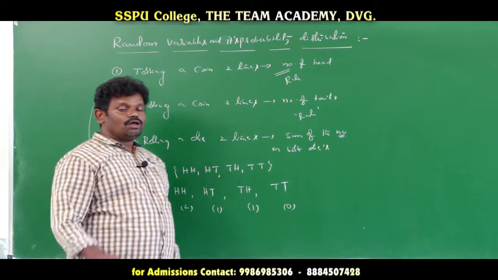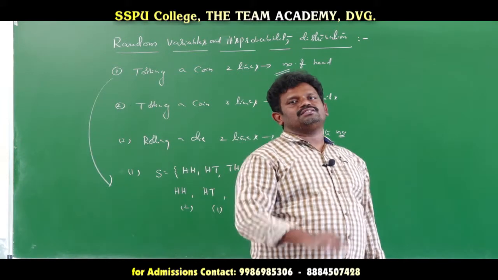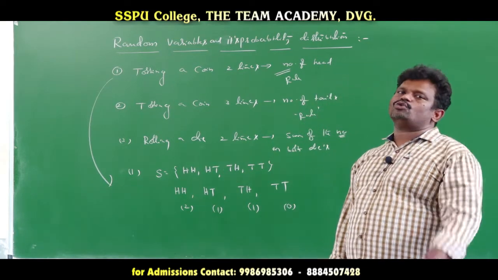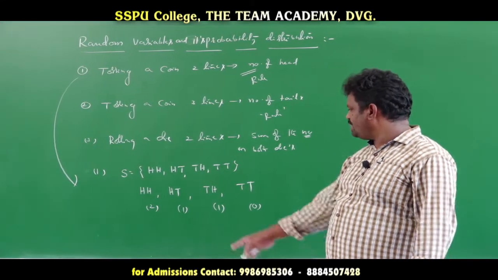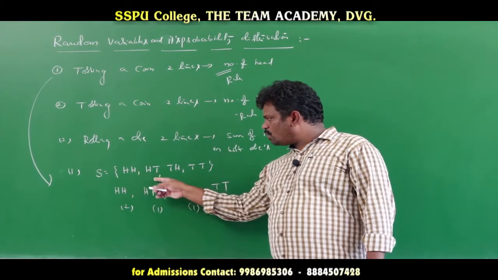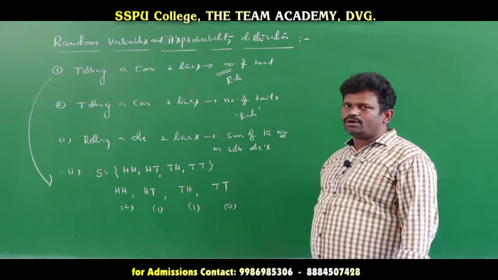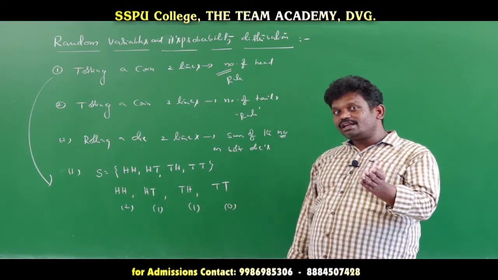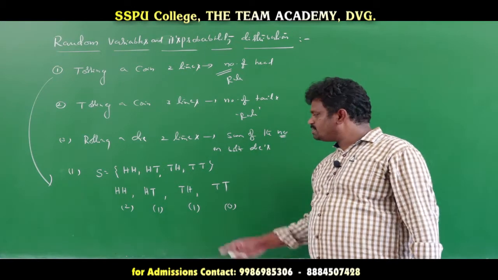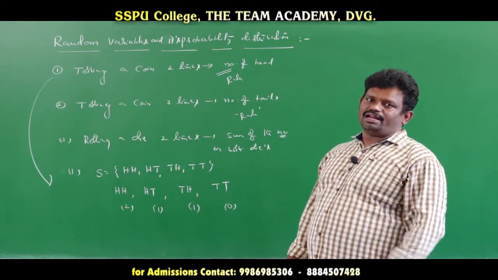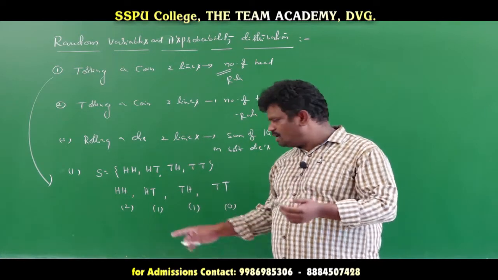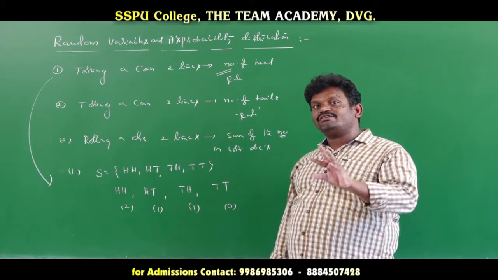So that's what I told you: on the given random experiment, we consider one rule which assigns to each outcome of a random experiment a single real number. Now see, in this example, each outcome is assigned a single real number. That real number may vary for different outcomes of the random experiment. These are different numbers, not the same number, though sometimes the same number may coincide, but mostly these are different real numbers.